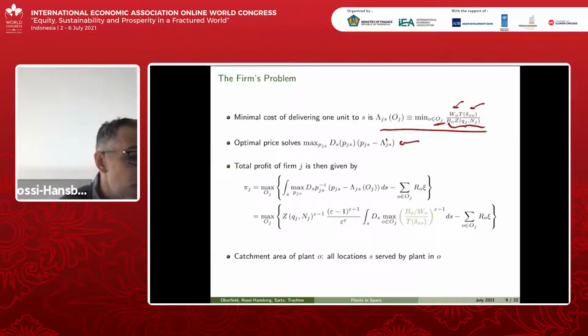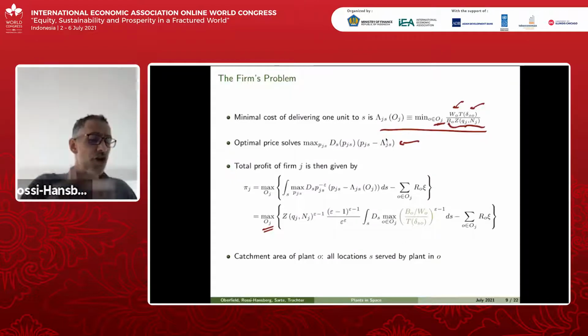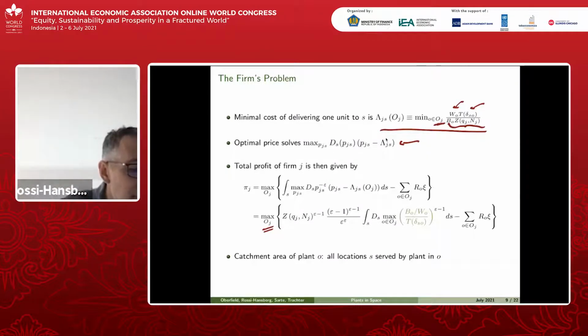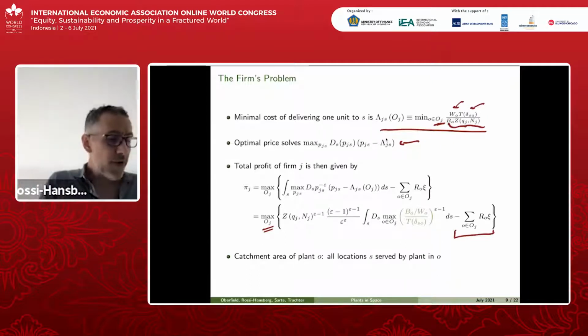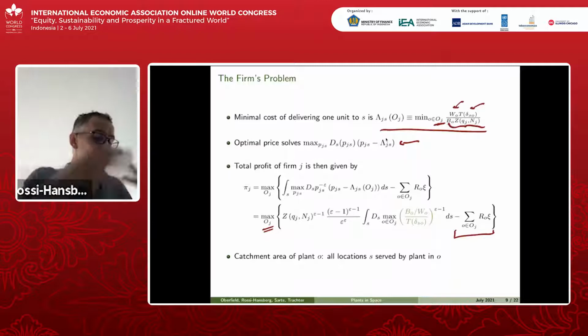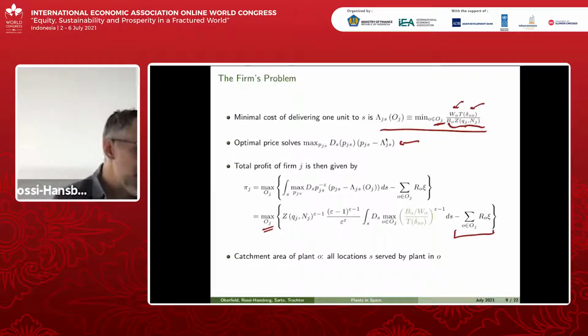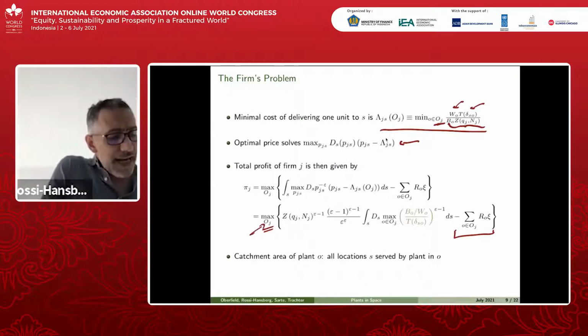Then the prices solve the second problem, and once you put it all together, you need to decide, well, where do I locate my plans so as to maximize these profits? What are these profits? Well, it's the profit that you get from selling to all these locations, conditional on serving customers from the right places, and after you pay all the fixed costs of setting up all your plans. Okay, so this is the whole problem. This problem is very complicated. Essentially, why? Because this OJ object is very high dimensional.